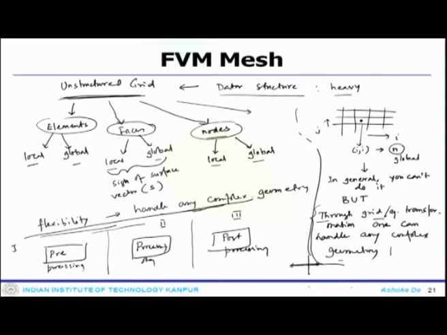Now, you are about to get a solution done for a realistic system. For example, let us say flow through your blood vessels. So, there will be three stages one has to follow. One is the pre-processing stage, this is block 1. One is the processing stage, block 2. Third block is the post-processing stage.